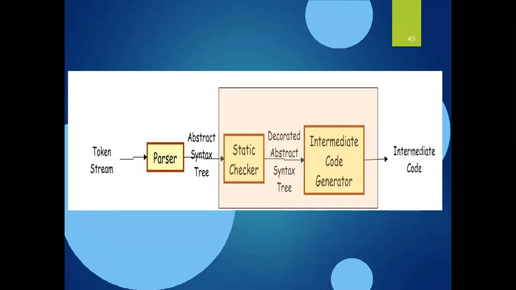But here our concept is semantic analysis. So we need to know what type checking is and how the static checker plays a role in the process of compilation, right? That means in the phase of semantic analysis, we are using static semantic analysis. That means we are performing type checking here. Type checking can also be called static checking, right? It is the role of the type checker here.